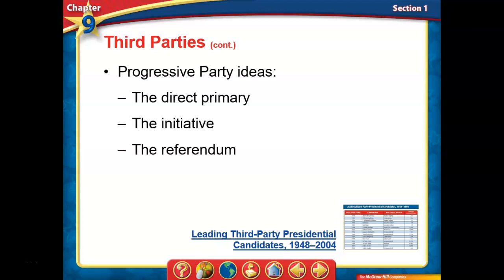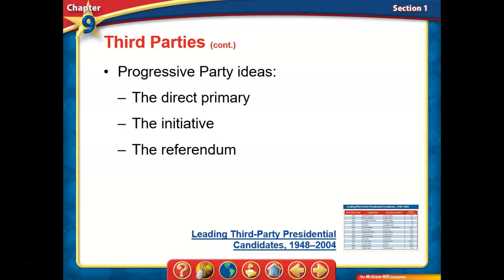Now, the direct primary, we discussed that in the video that we watched yesterday. That's where each of the candidates basically go state by state in an attempt to try to get delegates so they can get to the national convention, so they can become the nominee for president. And each state is a little bit different, the way that those are going to be run. But overall, the direct primary gives it so there's more democracy. There is more voting. And whether or not you think that that's a good thing, I'll give you my own opinion on a little bit later. But overall, that's what the direct primary does.